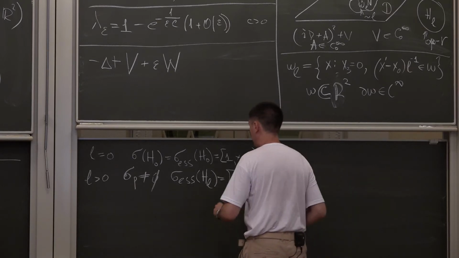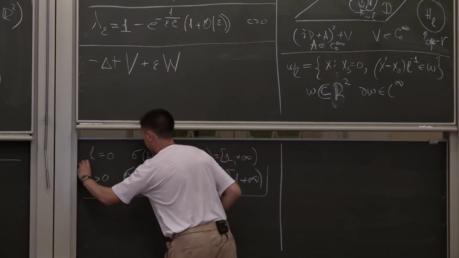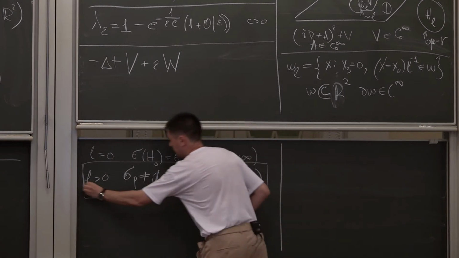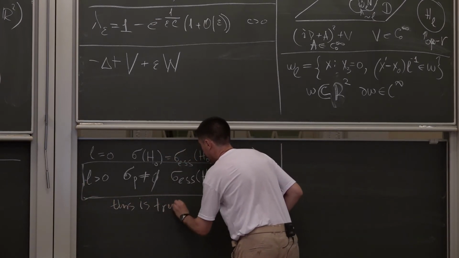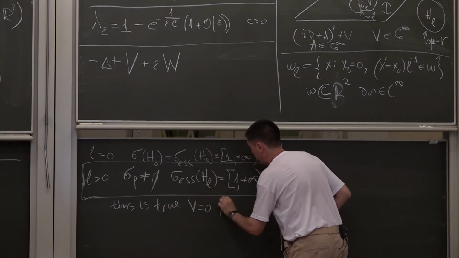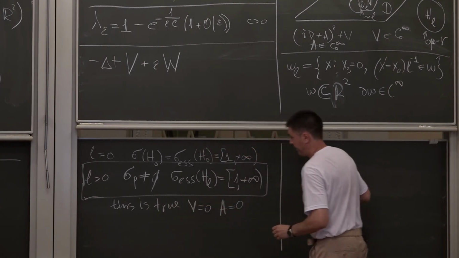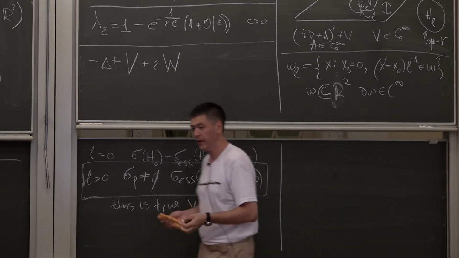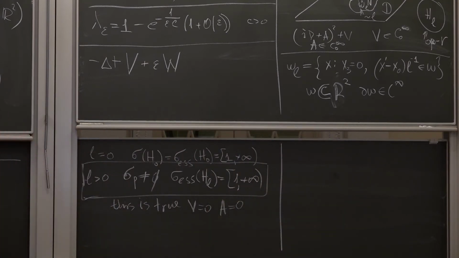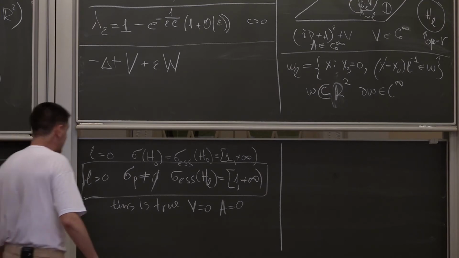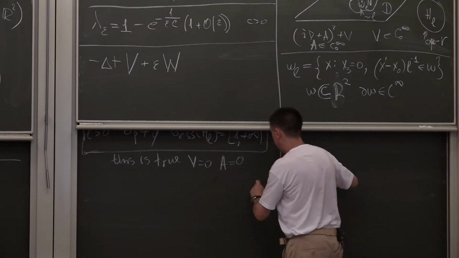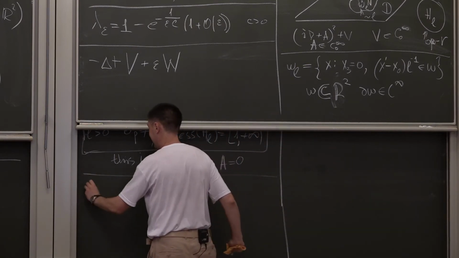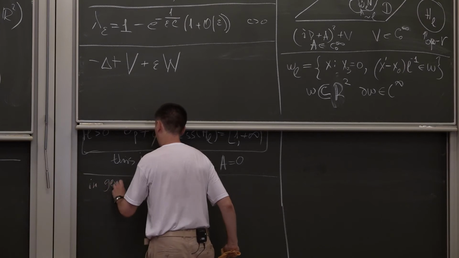This is true, for instance, when V and A are 0. If we have some general V and A, then probably for small windows this doesn't work. But in general, no matter whether V and A are 0 or not,